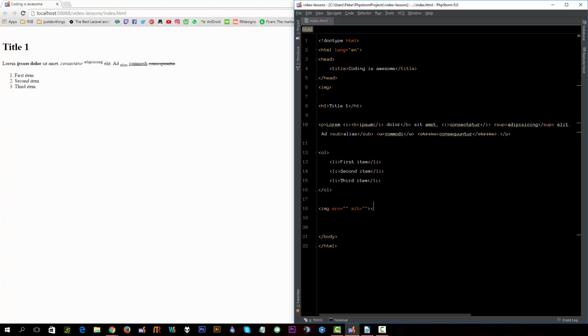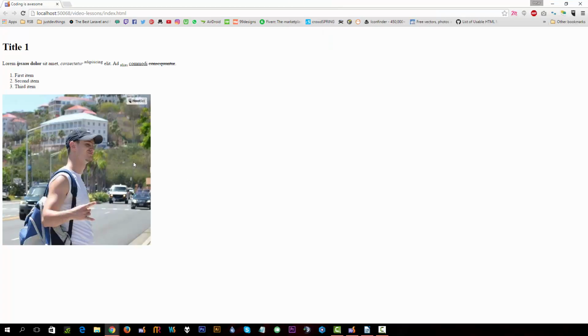And you don't need to close the image, okay? The image is just a self-contained tag. You don't need to add the ending tag in the end. So in the src, which means the source, you can just paste the image and voila, here I am,